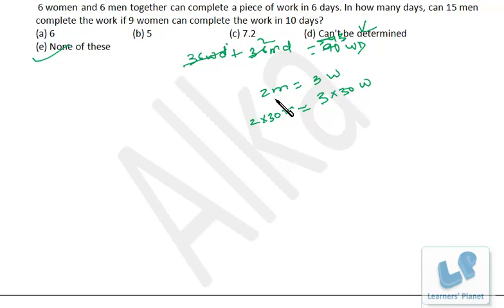I hope you are clear. I would repeat over here. From this calculation, 2 men is equal to 3 women. The work is of 90 women days. That means I multiply 30 this side and this side. So I can calculate like 90 women days will be equal to 60 men days. Now there are 15 men and the work is of 60 men days. That means 15 men will take 4 days to complete the work. Okay, a very simple problem based on time and work. And if you have good grip on time and work, you can solve this problem in less than 30 seconds.